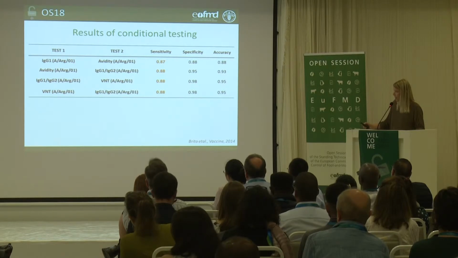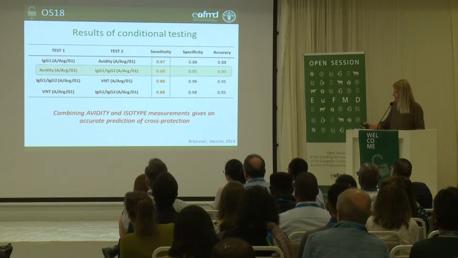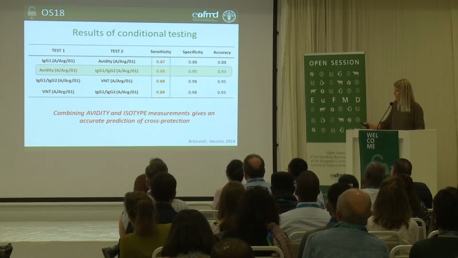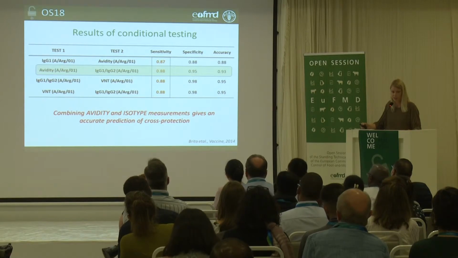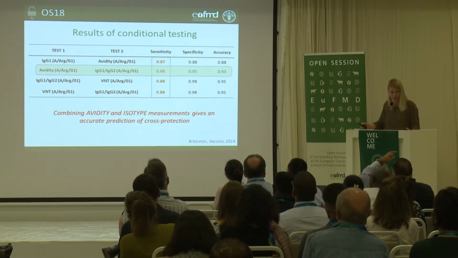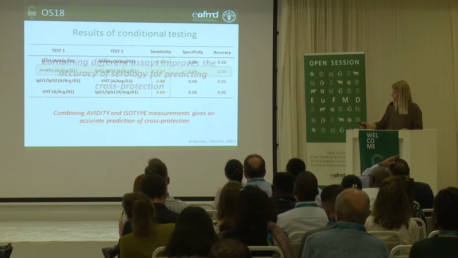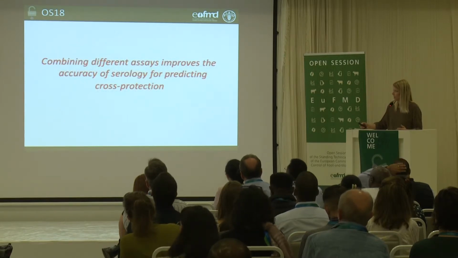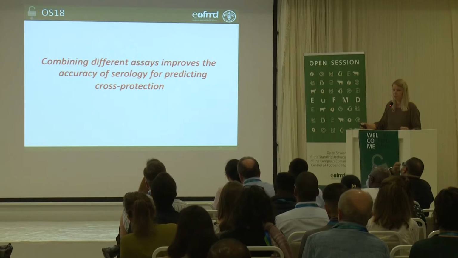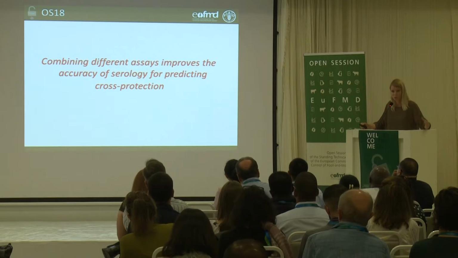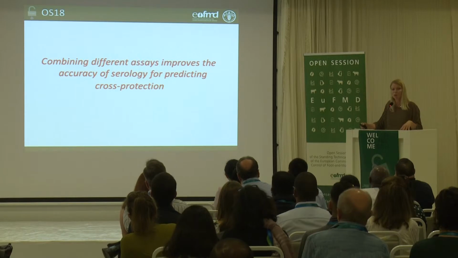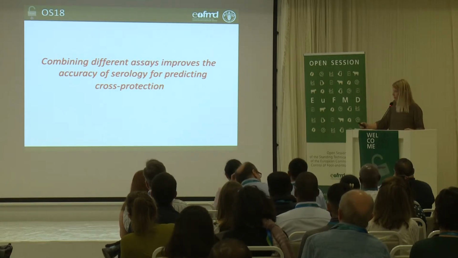And the nice thing is that we can combine just the avidity and the isotype ELISAs, and then you can have an accurate prediction of protection. And this is really easy. It's just a few ELISAs and you have a result. So we can combine these assays to improve the accuracy of serology in predicting protection. It can be these assays, it can be other assays, you can use VNT as well, but the concept is perhaps we need to see more than one aspect of the antibody response